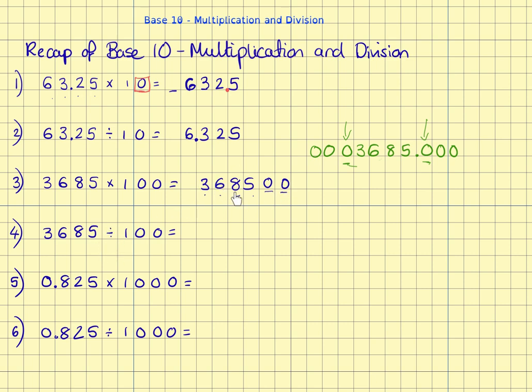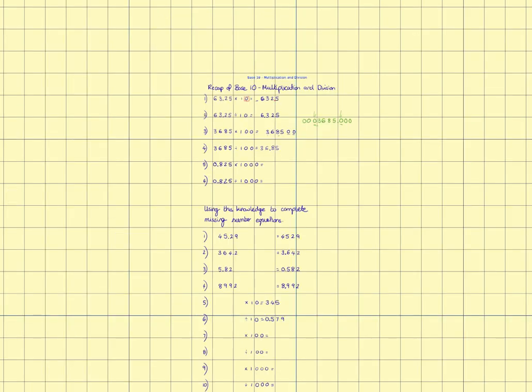So up here, it was obviously being multiplied, it was getting larger. So dividing by 100 means that if I was to do the 1, 2, it's going to end up being 36.85. So let me just write that down here. So 36.85. Now, the next question is going to be multiplied by 1,000, and you'll see where that rule about